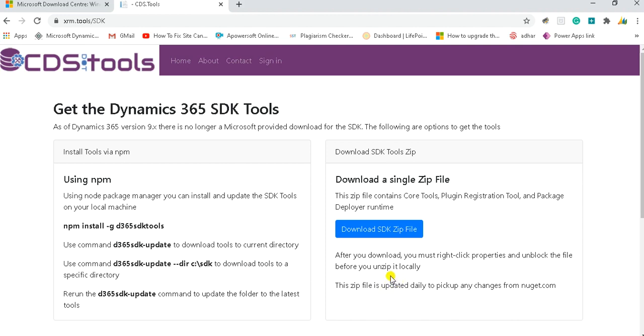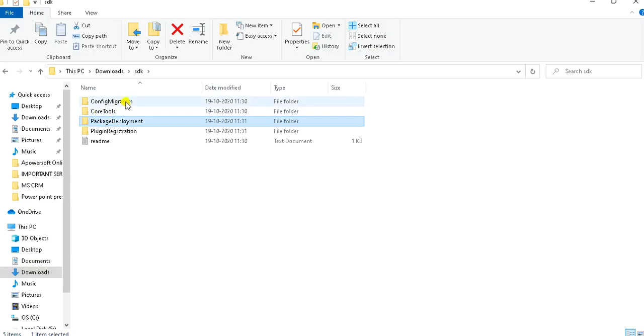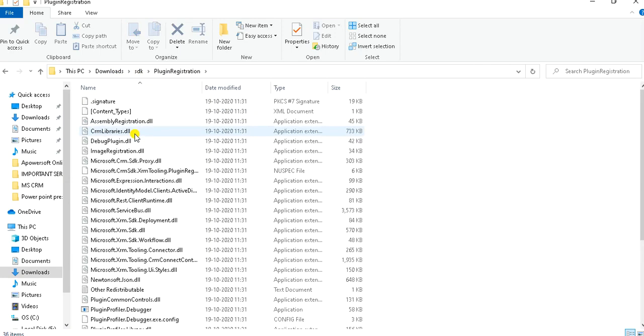I'll show you the folder. Here I have extracted the SDK that was available inside downloads. You can see configuration migration folder is there, core tools is there, package deployment is there. I would recommend you to go through every folder to get in detail about everything. You can see DLLs are available here.